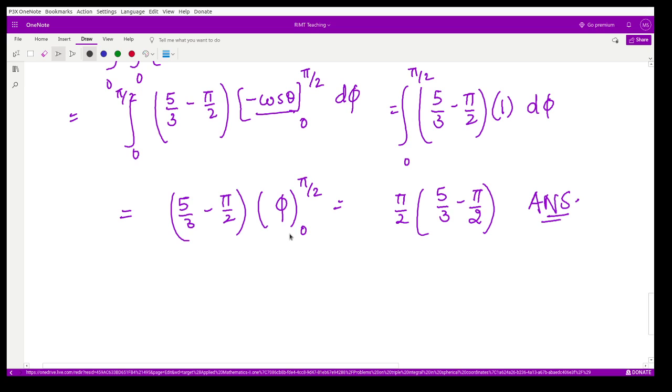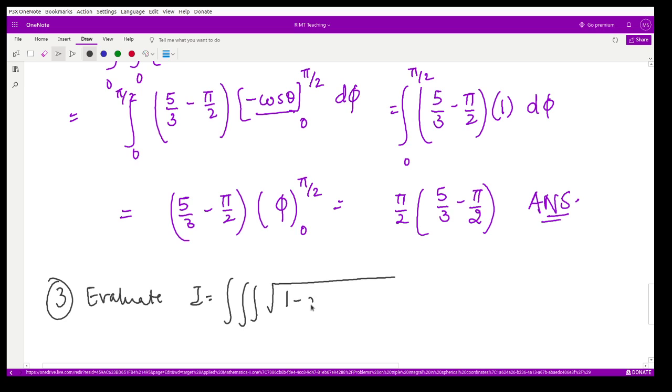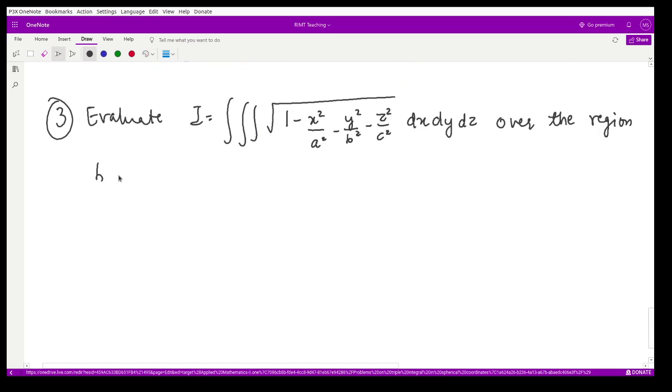Okay, so the question is question number 3, evaluate the integral I, where we have to perform the triple integral of the square root of 1 minus x square upon a square minus y square upon b square minus z square upon c square dx dy dz over the region bounded by the ellipsoid x square upon a square plus y square upon b square plus z square upon c square is equal to